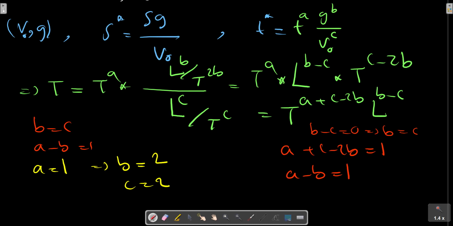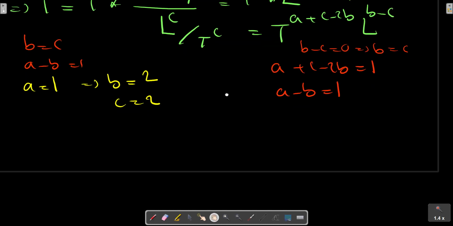The other non-dimensional parameter for t star will be obtained as the relation t star equals to, a equals to 1 and b and c are equal, and we can write